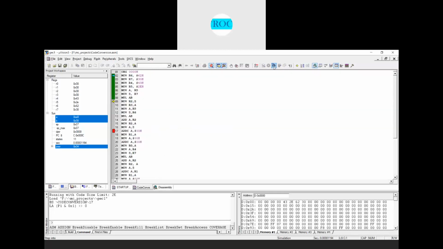Next, I'll move the B content into the R2 register, and the A content I will move into the R3 register here. Next, what I perform? MOV A, R5. Now I need to multiply 2E with 62. That's the reason I'll move the content of R5 into A, and the R6 content into the B register. Now I'll multiply 2E with 62. So the result we have